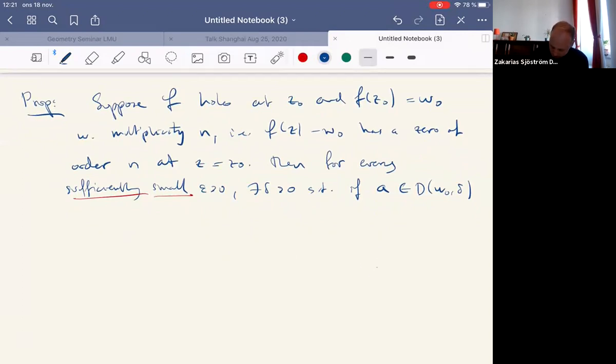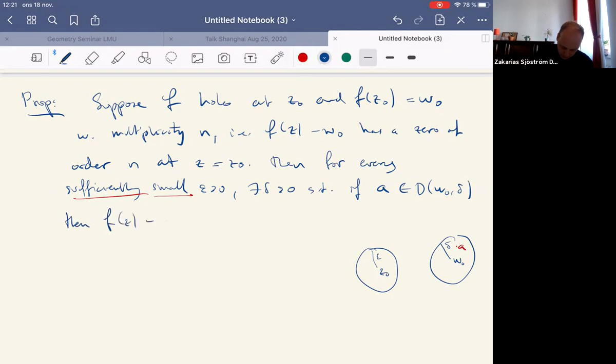We have z0, and we have this radius epsilon, and then we have another disk around w0 with radius delta. So if a is inside here, so if a is there,